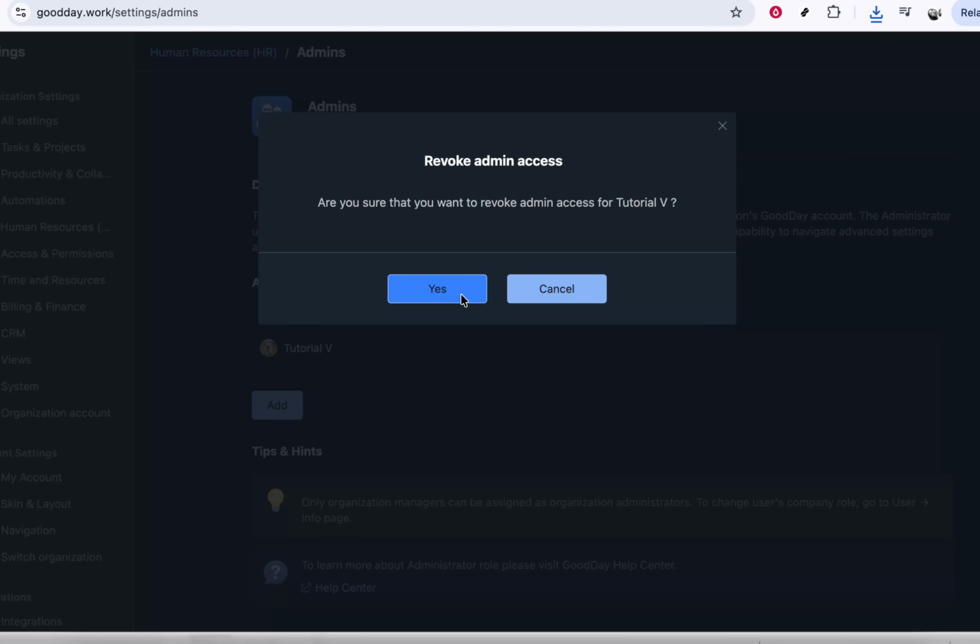Next to their name, you'll see a trash icon. Click on this trash icon to start the deletion process for that admin user. In most cases, Goodday will ask you to confirm that you really want to remove this admin. This confirmation step is important because deleting an admin is a significant action and may be difficult to reverse. After you confirm, that user will be